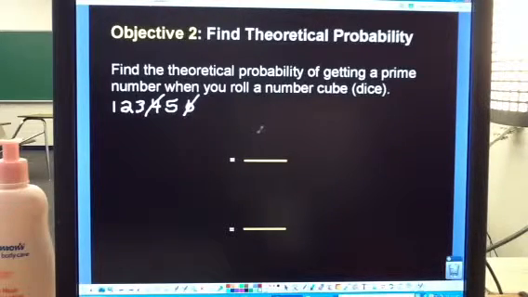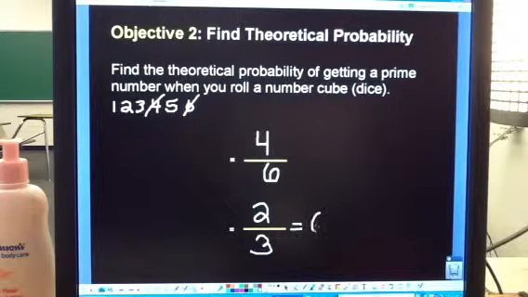So we've got 4 possible outcomes of the event, and then out of a total of equally likely outcomes, 6 total choices on the dice. So out of our 6 total choices, we've got 4 out of 6, which gives us a simplified fraction of 2 out of 3. So our theoretical probability then is,